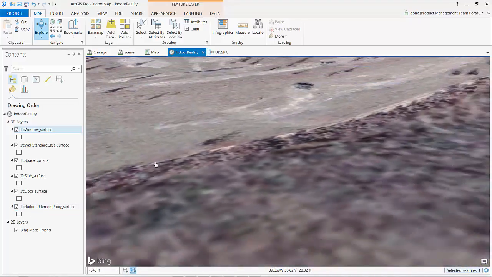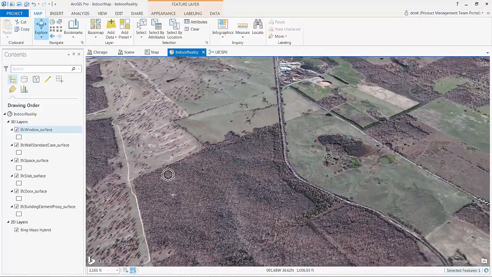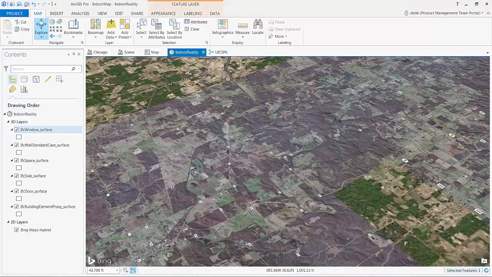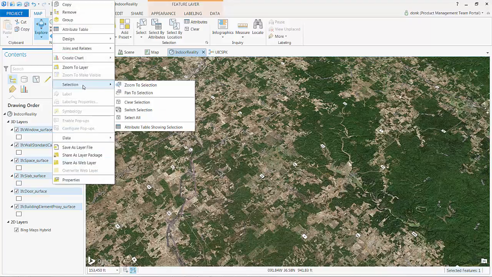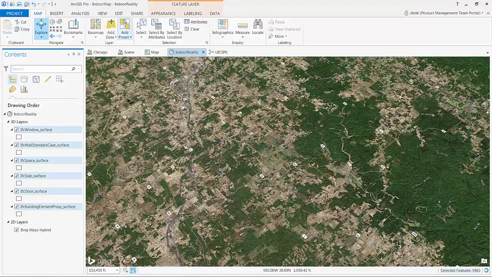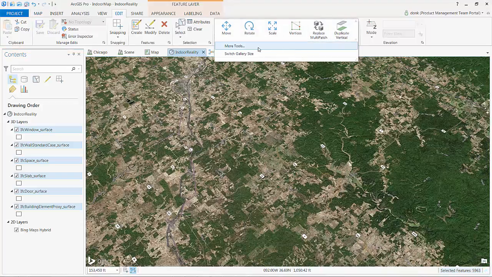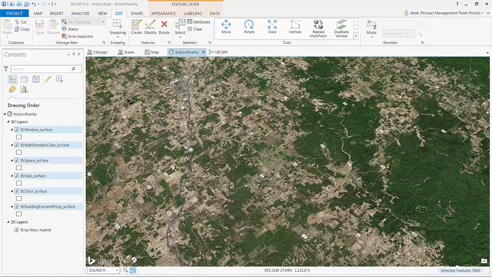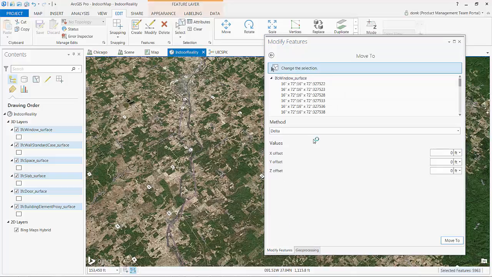So one of the techniques that I use is the 3D editing tools. And so a quick way for me to select everything to do a graphic edit is to go over to the table of contents and just multi-select all the different layers, and then say, I want to select all. And so that's going to go ahead and grip everything, and then I can perform one of the different graphic editing commands. And so the first one I'm going to do is use the move to